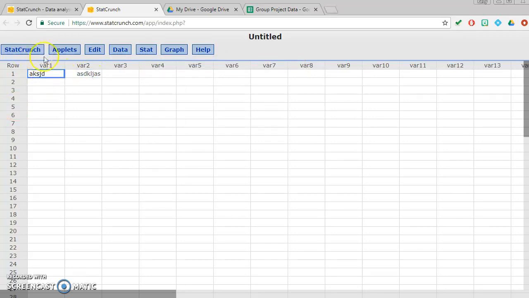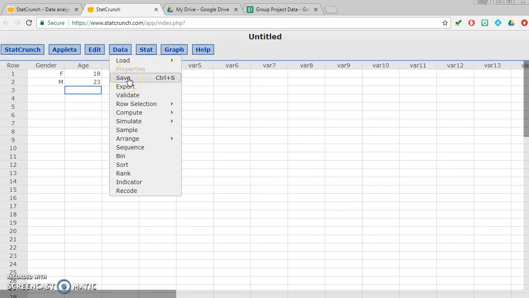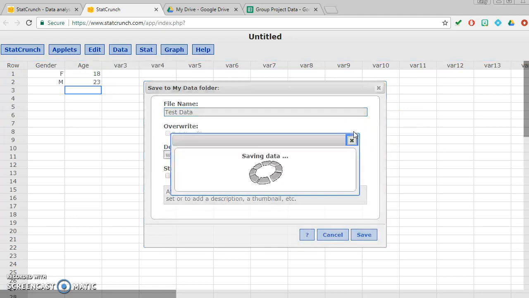And the last thing you could do is type in directly into StatCrunch. The only issue here is that when you type in directly into StatCrunch, it doesn't auto-save like Google does. So you'll have to press save, and you'll have to do that often. Now, if you were to save this,